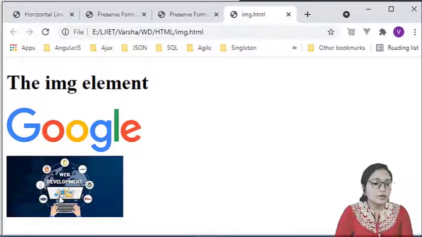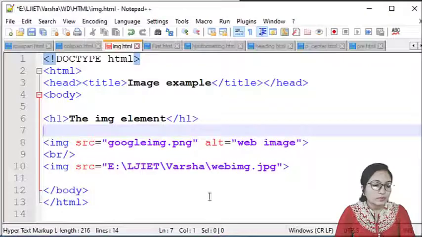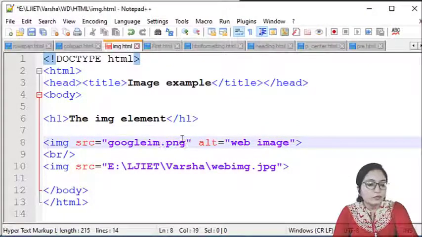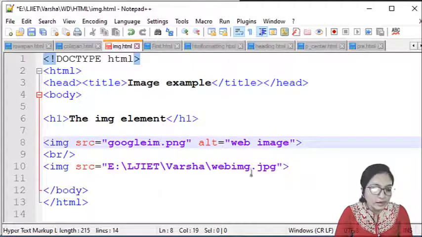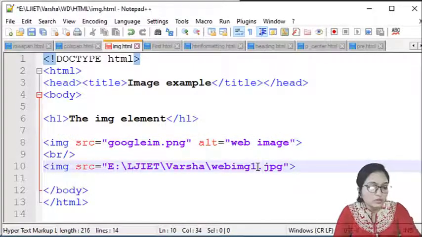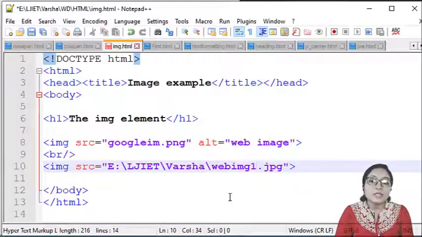Let's see. Suppose I change the name of this, and again change the name of this one, so now neither image can be accessed by the practical. What will happen?